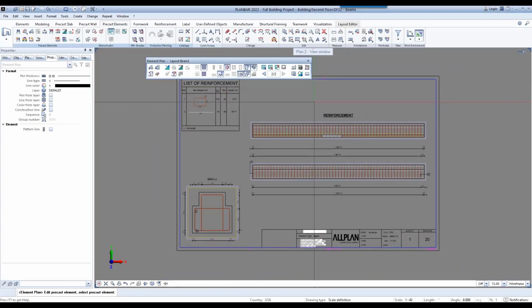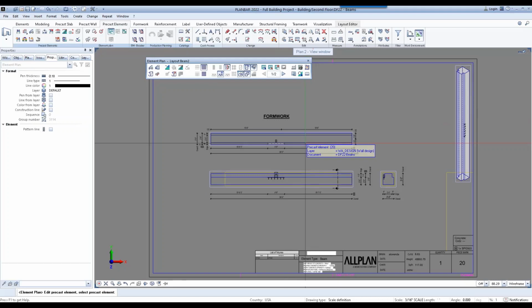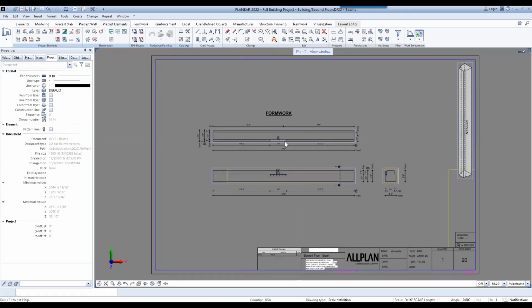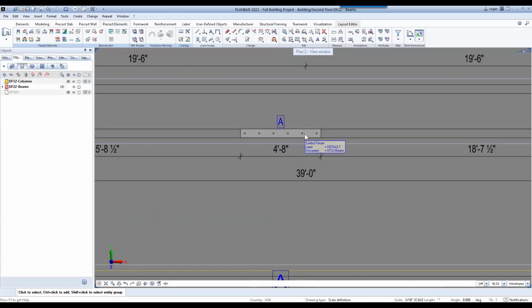And if you ever need to make changes to the model, you can do it right here from the shop ticket because the drawings and the model are linked together. So I'll show you moving the plate, or the fixture, that we've added earlier. So I can just select the plate here.